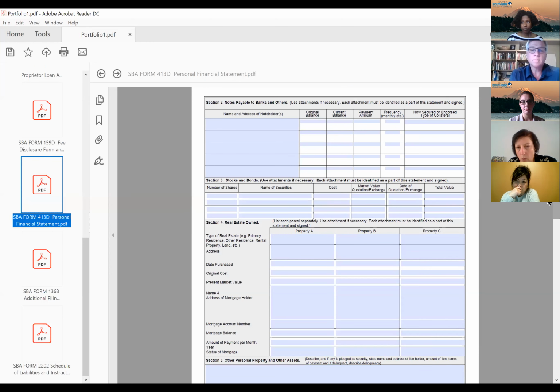In section 4, it lists property A, B, C, etc. If you have more than 3 properties that you own, get a separate piece of paper and start writing them down, same information. What you need to know is